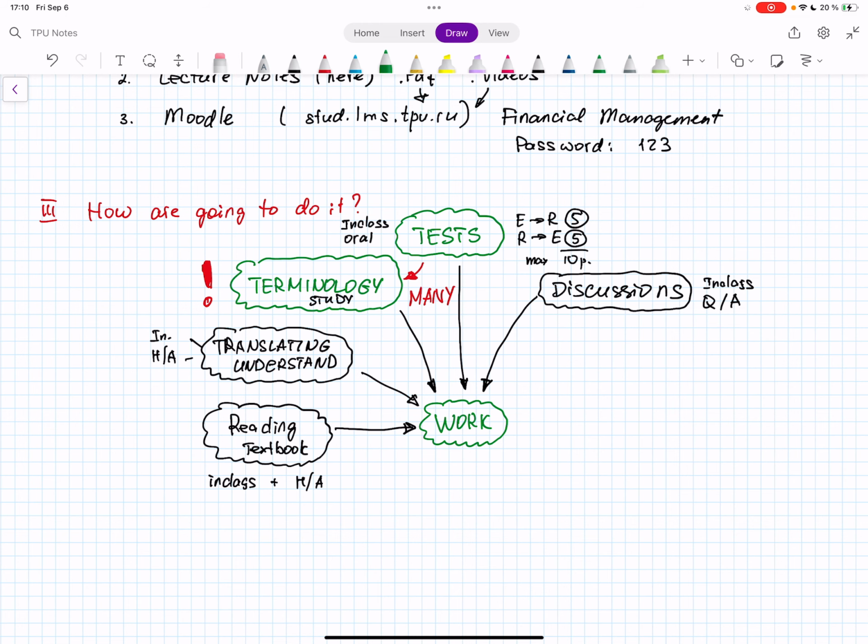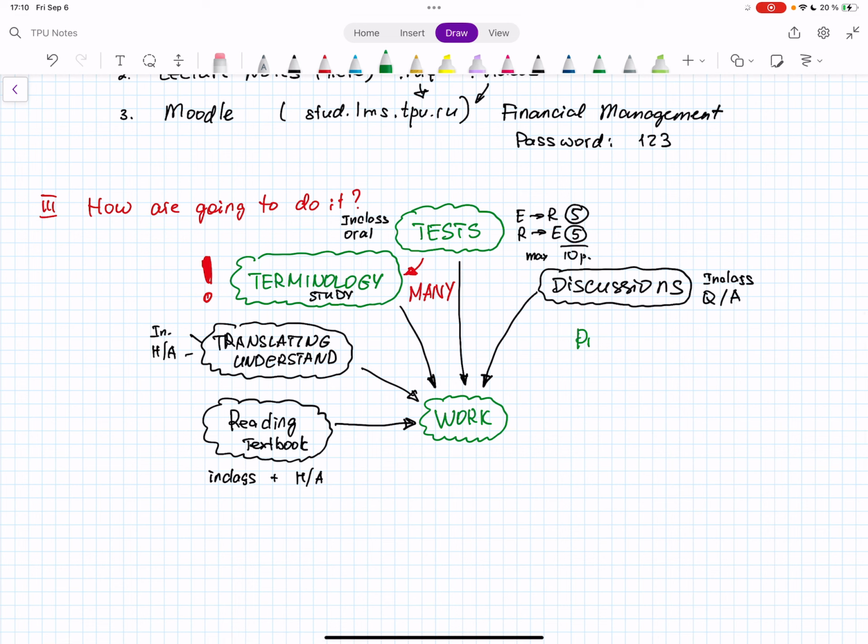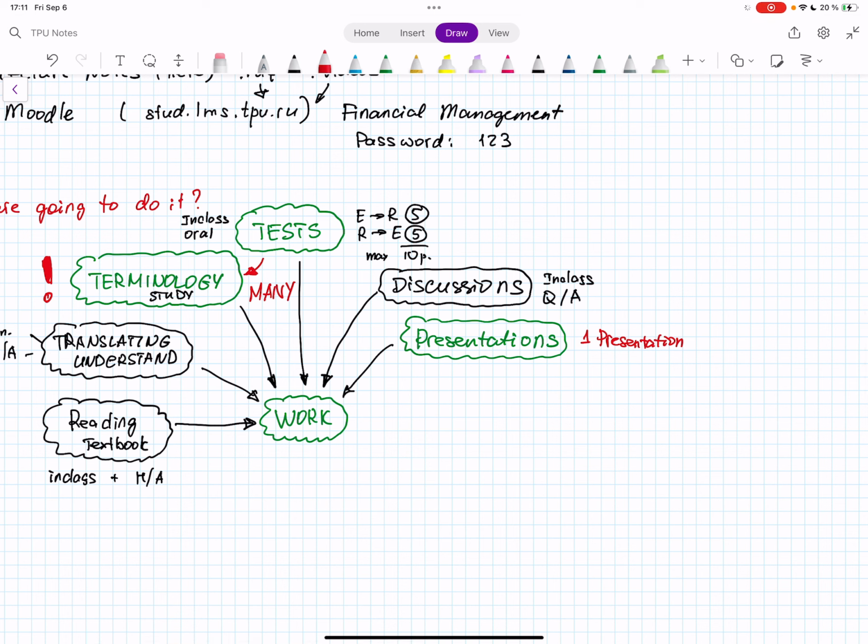So the next important area of work or activity is presentations. Okay, so the green ones are the more important activities. Each of you will have to make one presentation during the semester.